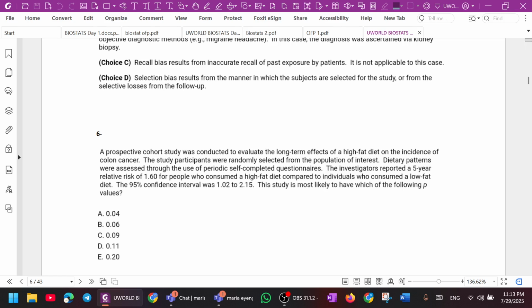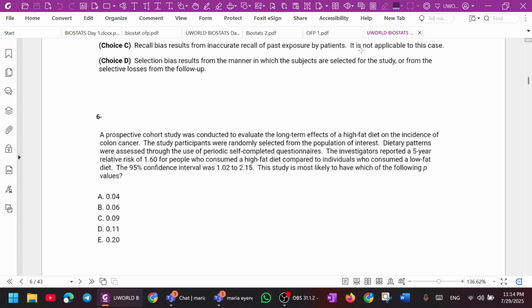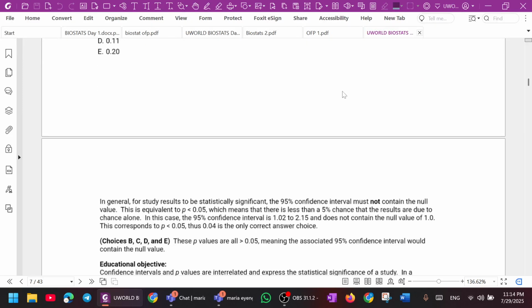Okay. So just to add something, yes, it falls inside the confidence interval, but also the confidence interval doesn't include one. Because even if this fell inside and it included one, then it would not be statistically significant. Yes. Okay, let's check. Oh my God, A, you are right. You can read the explanation.